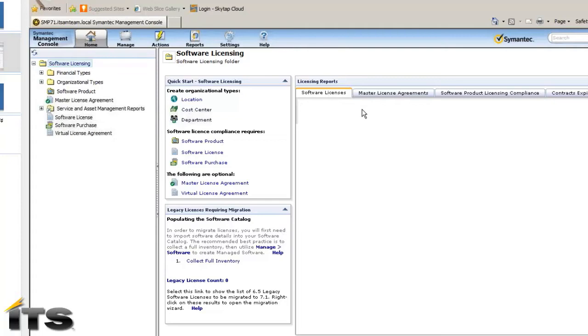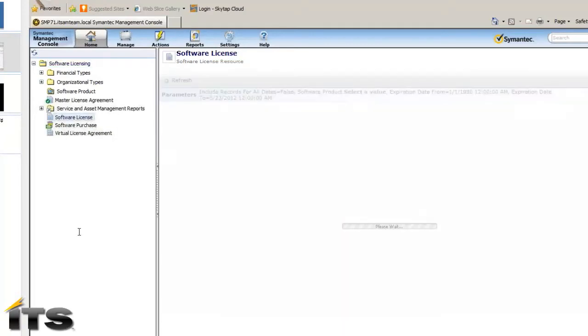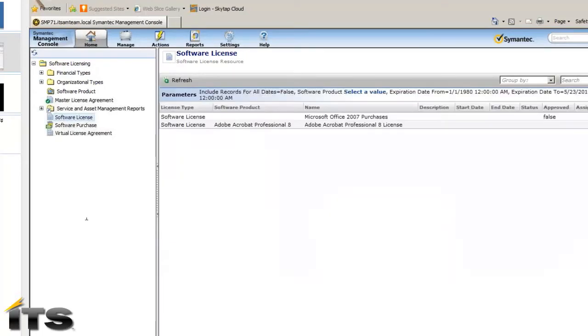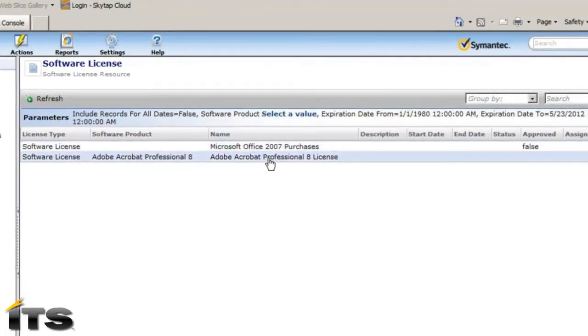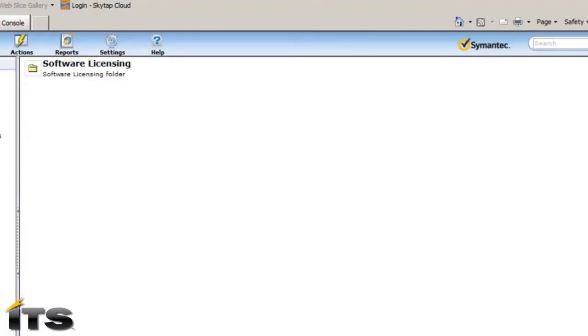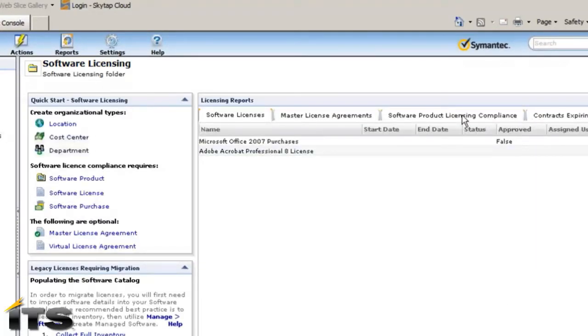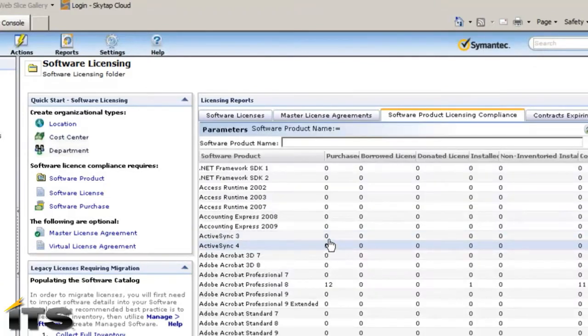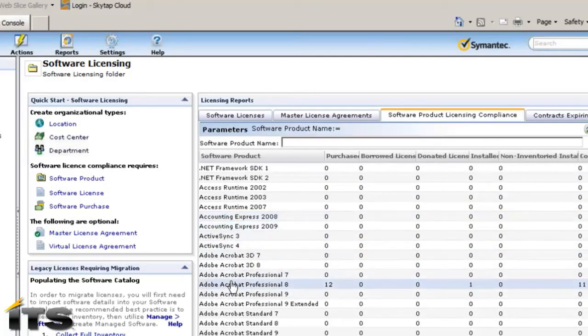Software licenses are a separate resource, again linking to other things. The software license in itself is just like an empty circle. If I list out all of my software licenses, I have 2 software licenses here. I've got one for Microsoft Office 2007, and one for the Adobe Professional 8 that I was just looking at. If I go back to my dashboard, I'm linking to the inventory data through the software product